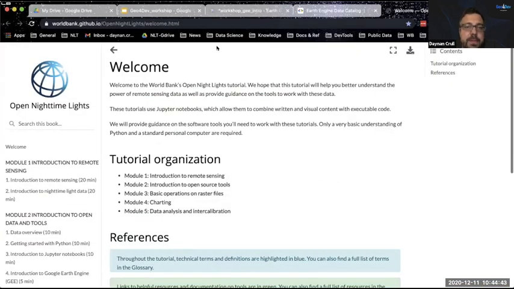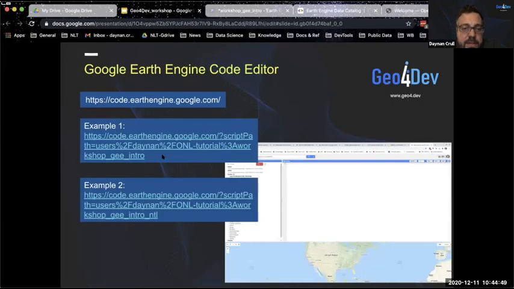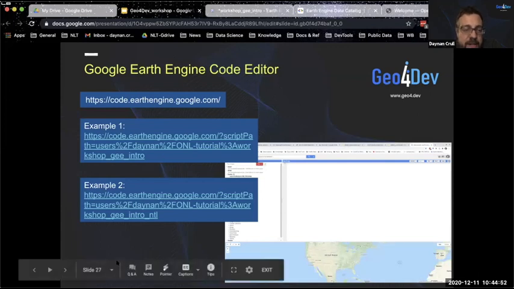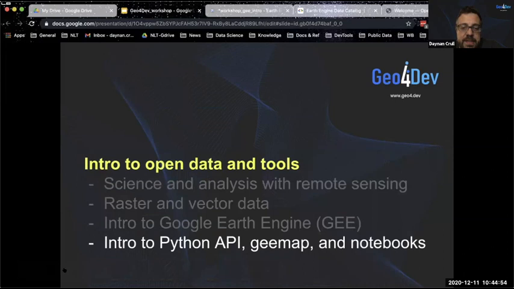let me go back to this slide deck. Okay, I just showed you one example. I'm not going to go through the other one. It's doing some similar things. But I just wanted to orient folks. If you're not familiar with Google Earth Engine, that is what it's capable of. You have a data catalog with a ton of data in there, including nighttime lights composites. And then you have an editor that you can use to do things like visualizing data, manipulating, and transforming images. You can create zonal statistics. You can do a lot of things there. There is a decent amount of documentation on the JavaScript functions for the Google Earth Engine Code Editor.